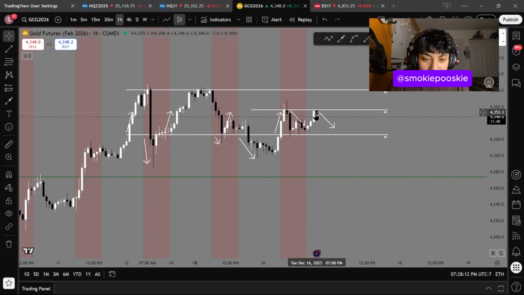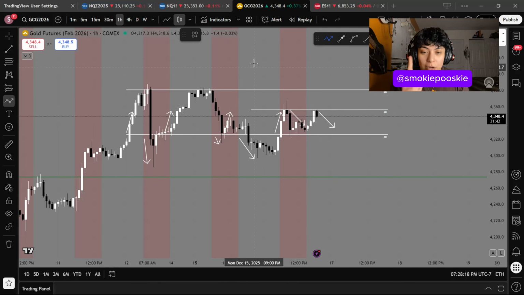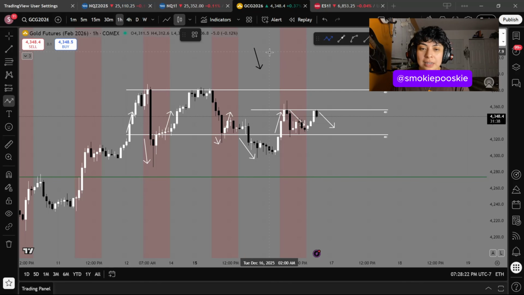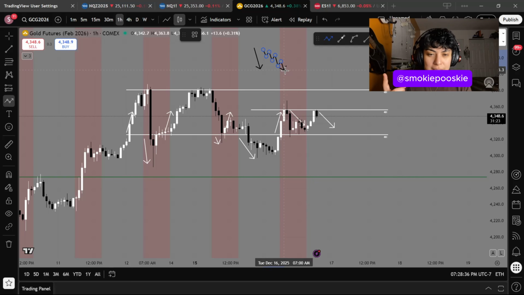Just because one candle looks like this, and this is the 1 hour, doesn't mean that the 1 minute or the 5 minute can't be building bearish market structure. And you're telling me you can't catch one of those tiny little rides down